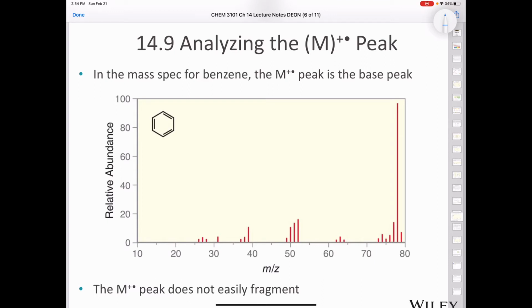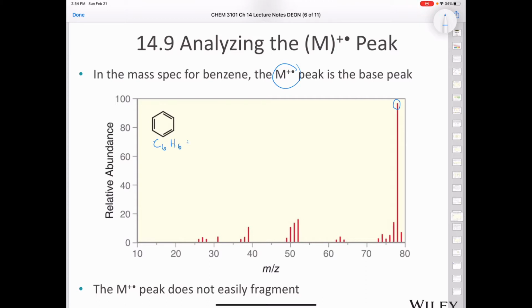For some compounds, the molecular ion peak is not the base peak. Consider, for example, the mass spectrum of benzene, which is shown here. Clearly, the molecular ion, which would be at mass over charge of 78, right? Because benzene is